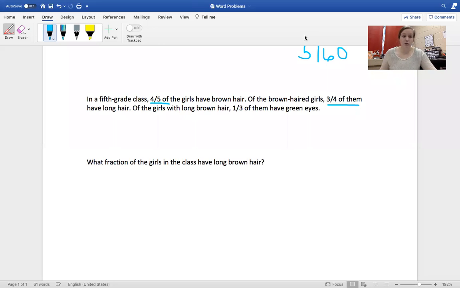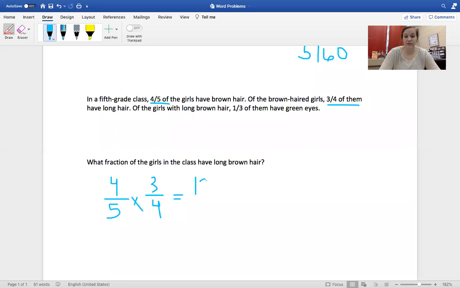That means that we need to multiply 4/5 times 3/4 to find out what fraction of the girls have both long and brown hair. So when we set up this equation, it'll be 4 over 5 times 3 over 4. And just like last time, we're going to multiply our numerator by our numerator and denominator by our denominator. 4 times 3 is 12, and 5 times 4 is 20. Well, my numerator is smaller,